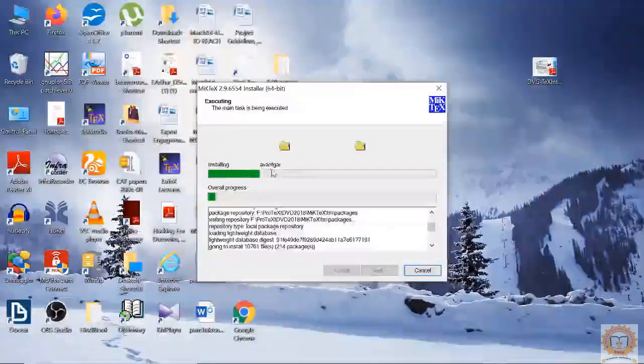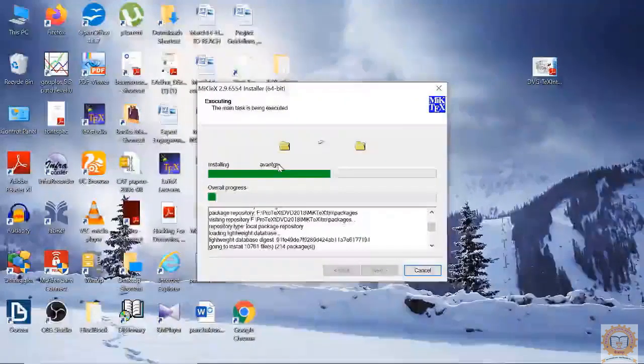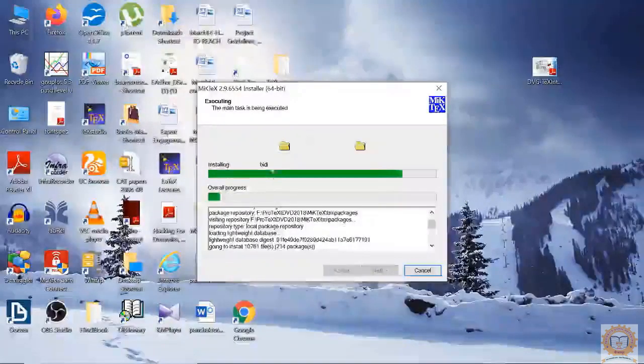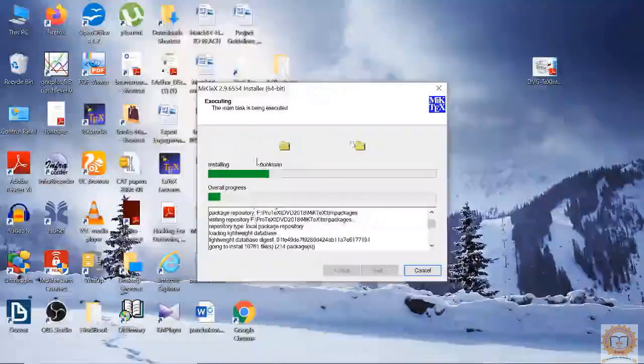Avantgarde, Babel for libraries and all these things, language related packages. Okay, German. BiDi, it is for bidirectional typing, for Urdu or Persian type systems. Okay, Bookman, it is a font system.